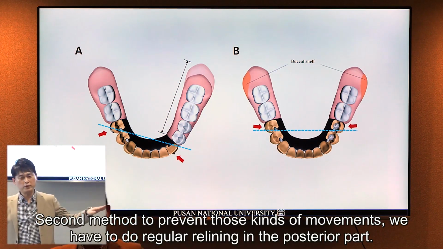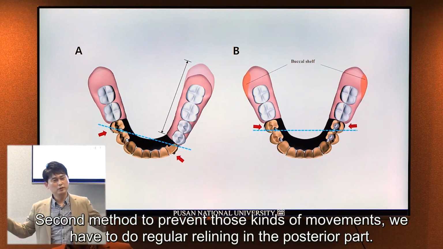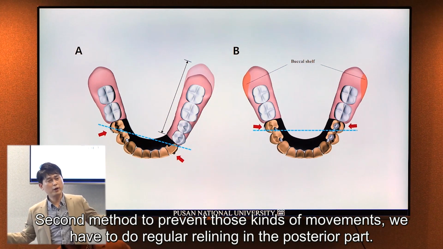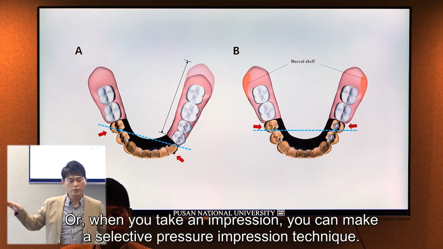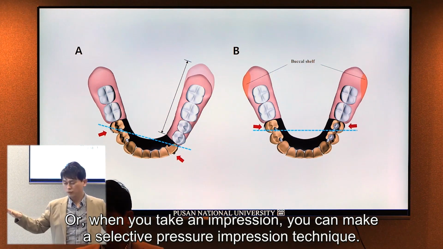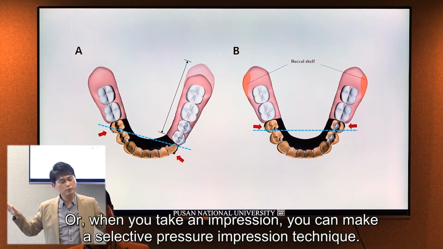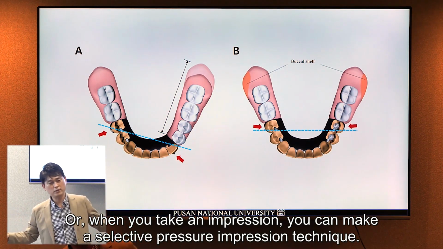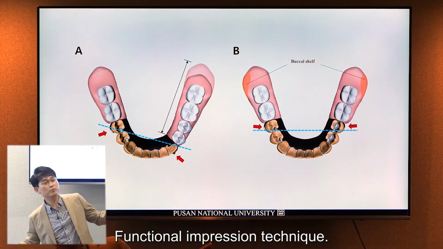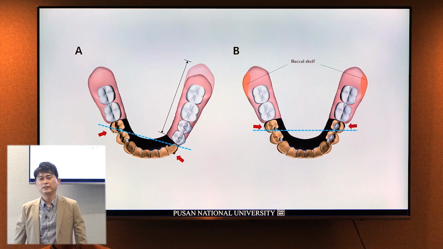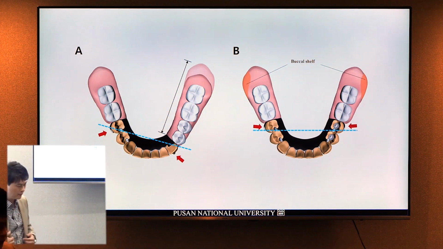Second method to prevent those kinds of movement, we have to do regular relining in the posterior part. Or when you take an impression, you can make the selective impression technique, the functional impression technique. Yeah. So anyway,